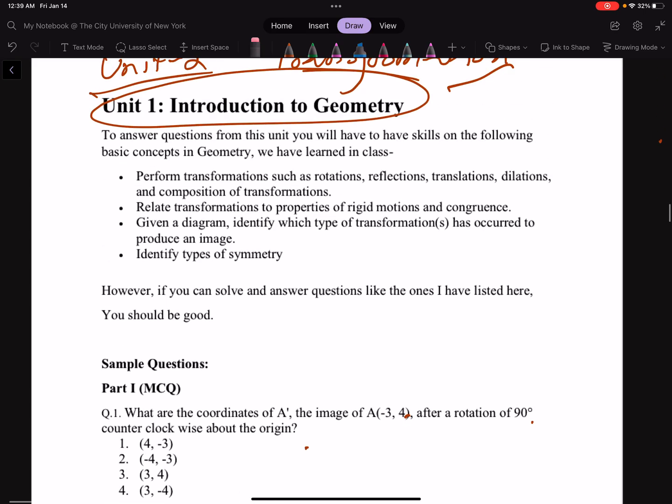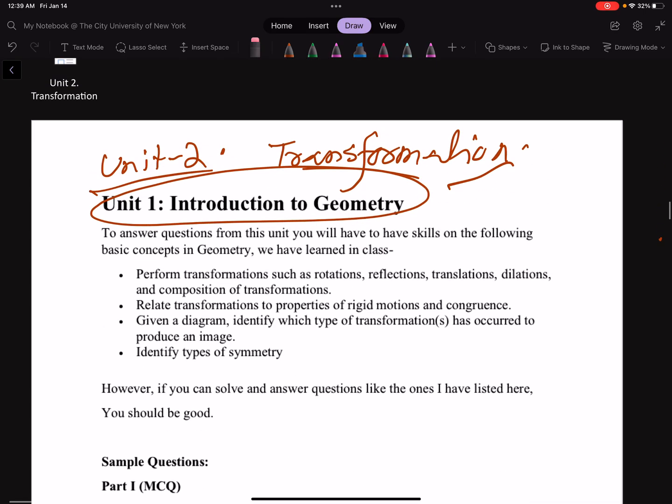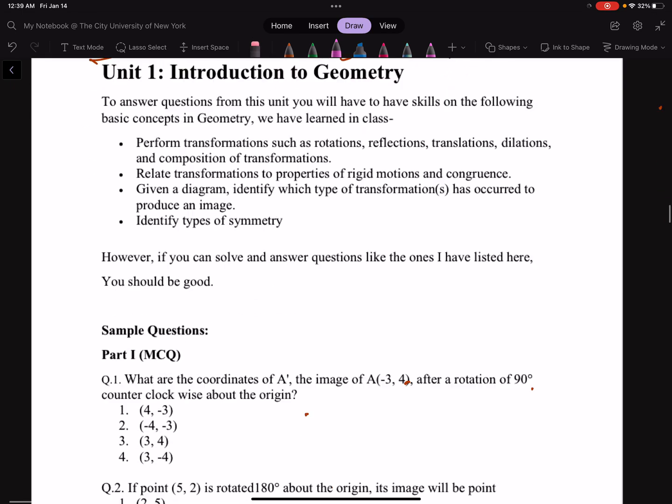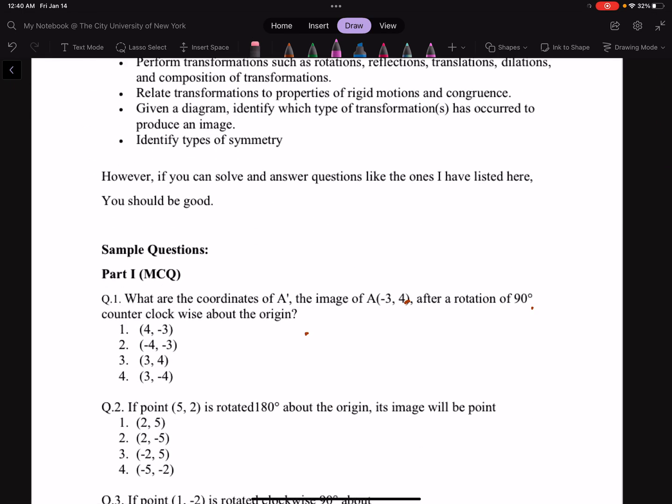Good morning, students. Today, this is the solution to your Unit 2 exam review on Unit 2 transformation. There was a mistake here. Okay, let's go. In question 1, it says the coordinates of A prime, where A is negative 3